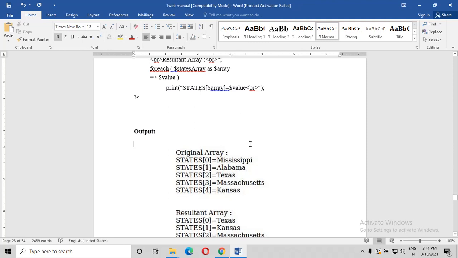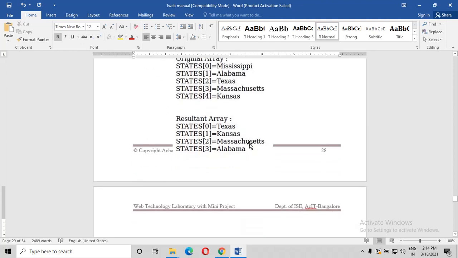You can see earlier the states were Mississippi, Alabama, Texas, Massachusetts and Kansas. Now the result is: state 0 ends with xas, the second starts with K and ends with S, the third begins with M and ends with S, and the last one ends with E. That's the output. Hope it is clear.